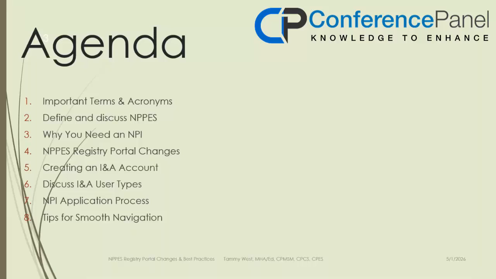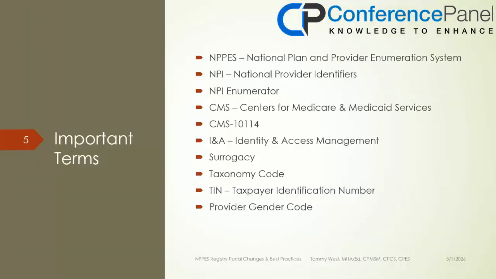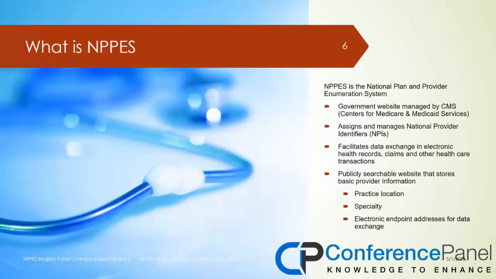tips for smooth navigation. Okay, for the important terms, NPPES is the National Plan and Provider Enumeration System. It's a system that's run by the Centers for Medicare and Medicaid Services, otherwise known as CMS. And it actually assigns a unique National Provider Identifier, which is the NPI, to all United States healthcare providers and